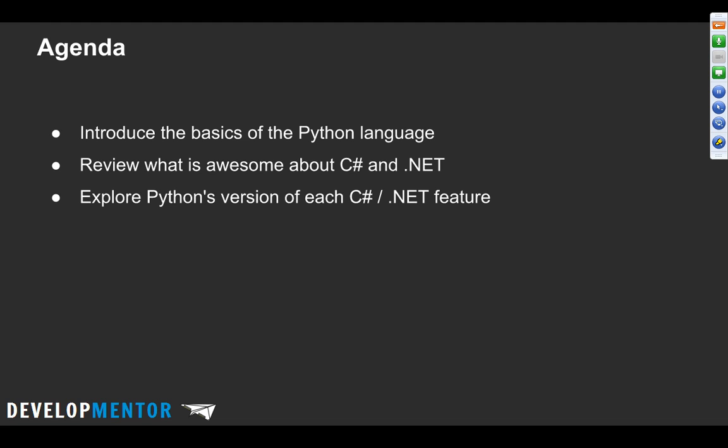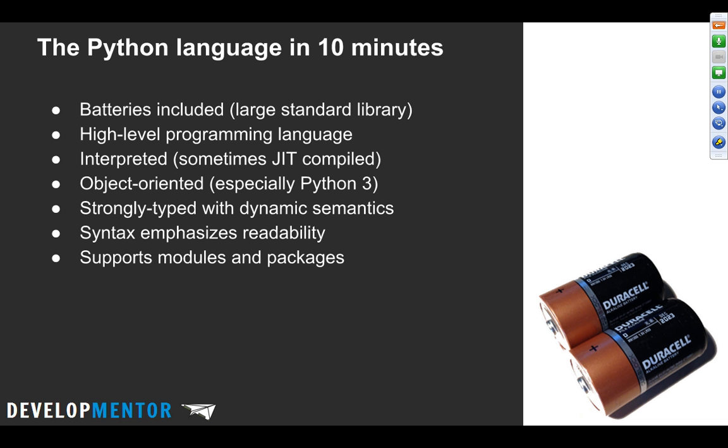We're going to look at a bunch of cool features of C#. I made a list of, if somebody came up to me and said, hey Michael, what's awesome about C# and .NET? This is the list of things that I would say is why it's awesome. And we're going to do a compare and contrast with Python feature by feature. And for many parts, Python has as nice of a feature set as C#. Sometimes Python is actually nicer, and sometimes it's not quite as nice. And so we'll see the whole spectrum of how that compares.